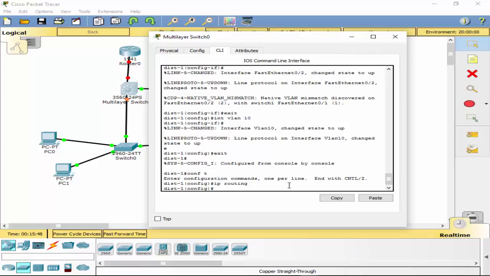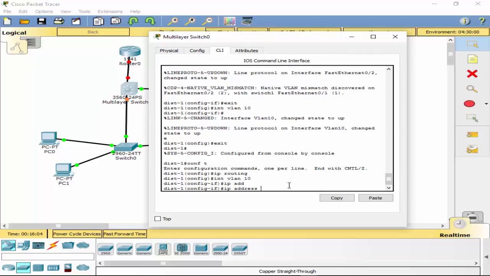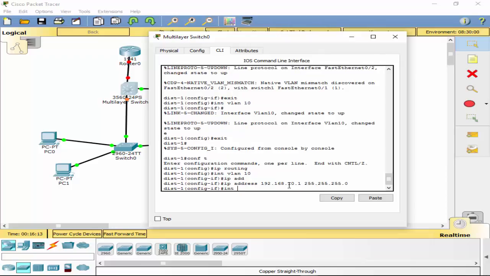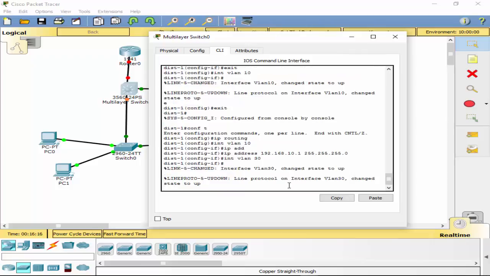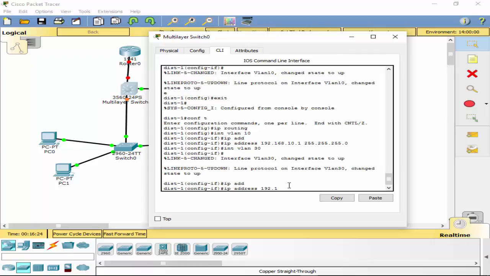IPv6 routing if we're going to do IPv6. So we issued that. So now we can do interface VLAN 10. That command right there is what takes it from being just a management port to an actual default gateway. So now we can say ip address like we always could, and we're going to do 192.168.10.1 255.255.255.0. Alright, and then we're going to go interface VLAN 30, and we say ip address 192.168.30.1